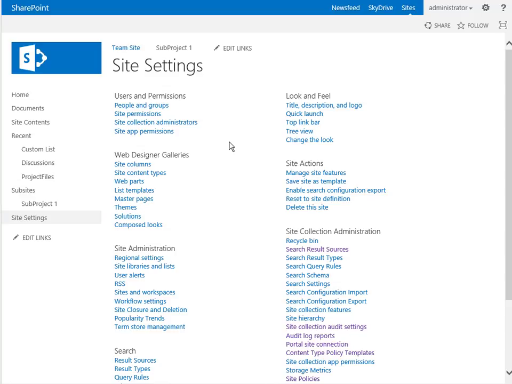Now we'll look at the Web Designer galleries. These are for those designer roles that we were talking about. This lets you have a lot of commonality between how your sites are used. First, let's look at the